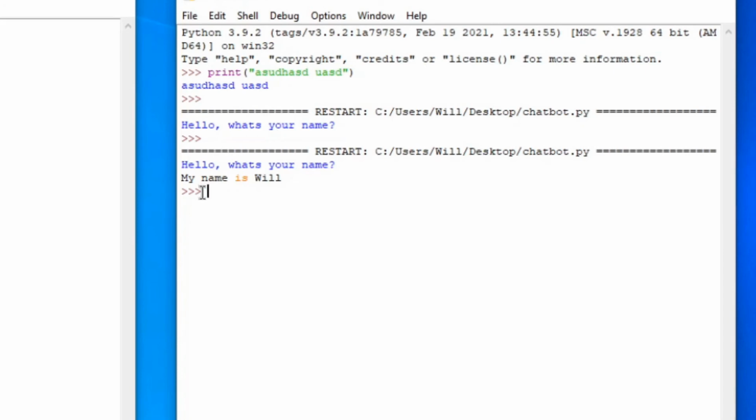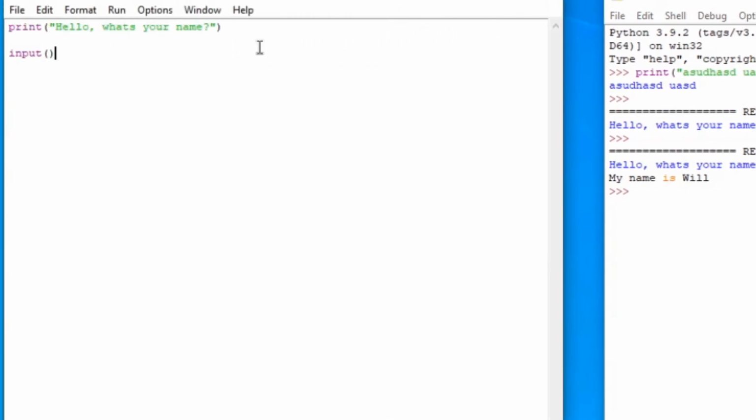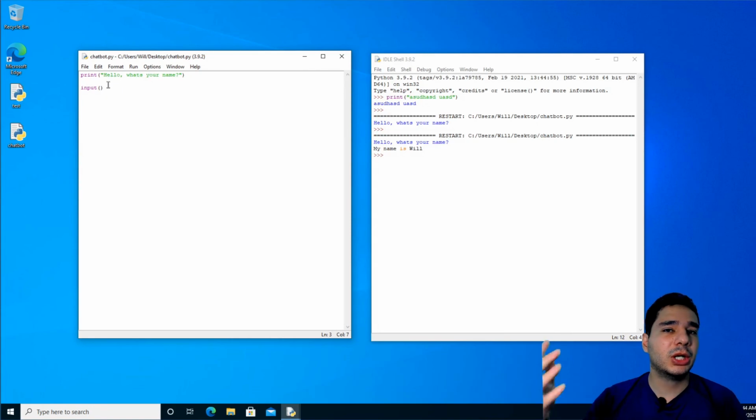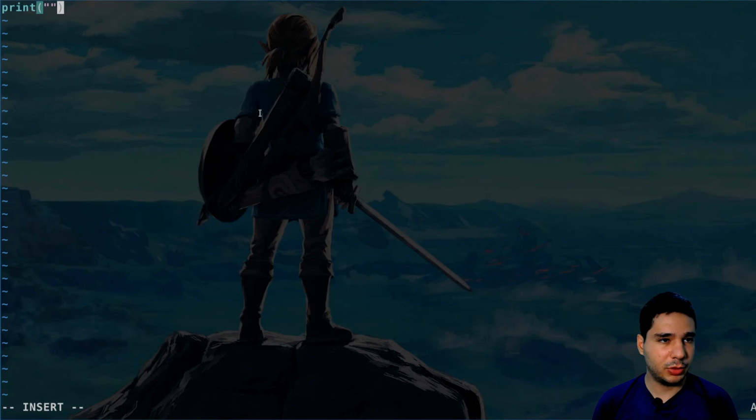These three brackets here show that the program is in interpreter mode again, right? This is because we didn't do anything with the input, and we will learn how to do that in future videos, okay? So we can do the same thing here. So let's start our chatbot like this. Hello,